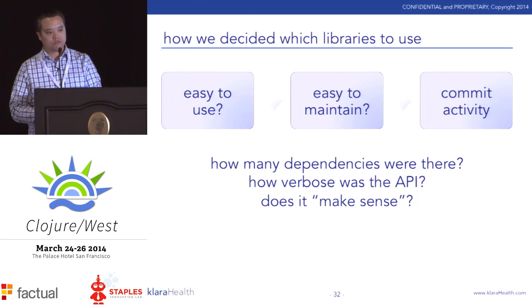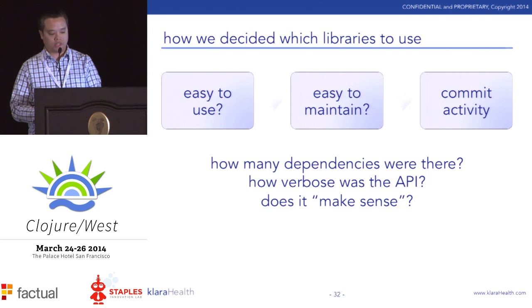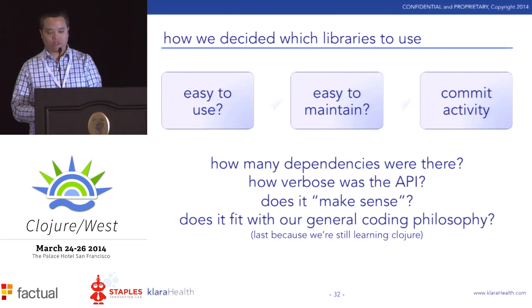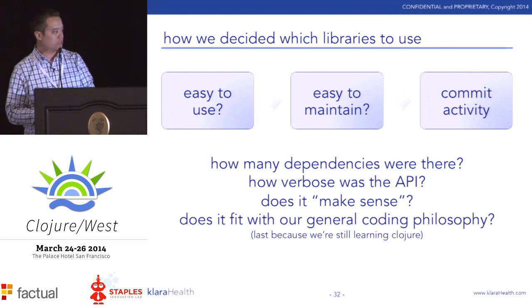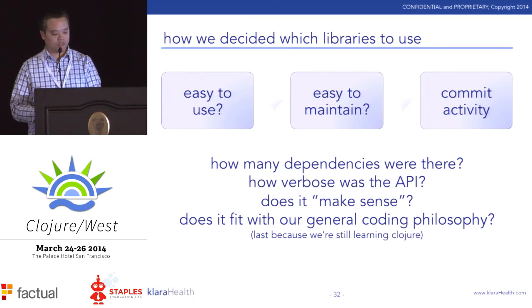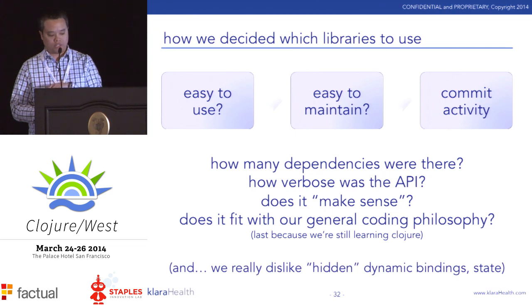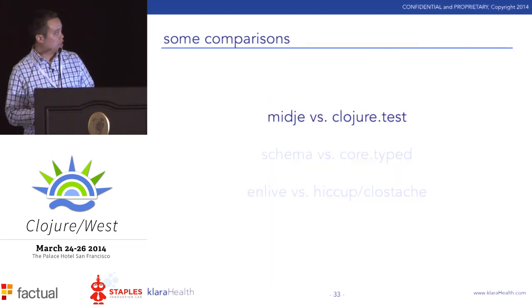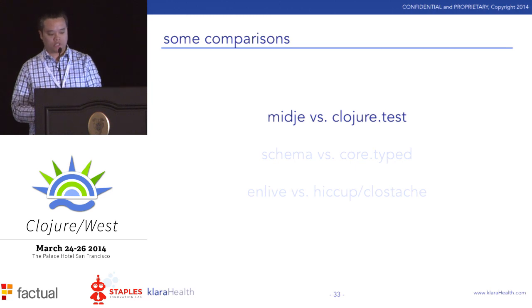Some of the APIs we found, I don't know if it's because we were new to Clojure and kind of what's idiomatic and what's not, but it seemed like a really weird way or really convoluted way to accomplish something simple. And so that made us stay away from some projects. And then overall, did it fit with our general coding philosophy? This was not as important to us because we know we're still learning, and what we think is best now may not be, and vice versa. And then one thing we really disliked was hidden dynamic bindings or state kind of in the background that was just hiding there. Some of the comparisons I'll go over is, so we started with clojure.test, and then we ended